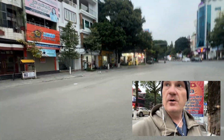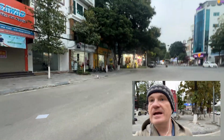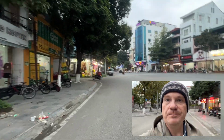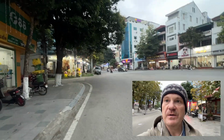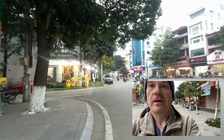Getting towards the end of the day, it's starting to get dark soon. What time is it now? Let me just double check my watch. It's 5:45, so it'll be dark very, very soon, I'm sure. But nice just to be able to show you again where I'm out and about walking, and also test out